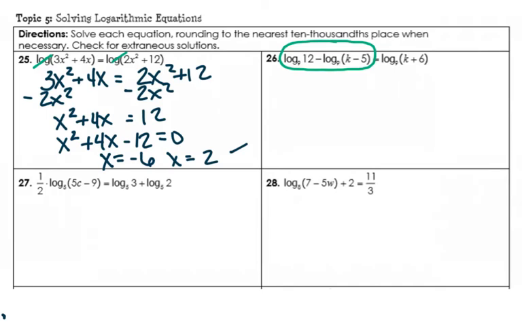Okay, so for 26, I need to combine these two logs because I want to condense them as much as possible. So to condense and to get rid of subtraction, we're going to divide. So this would actually be log base 9, 12 divided by k minus 5. Alright, so now,